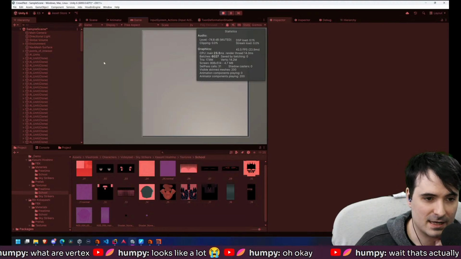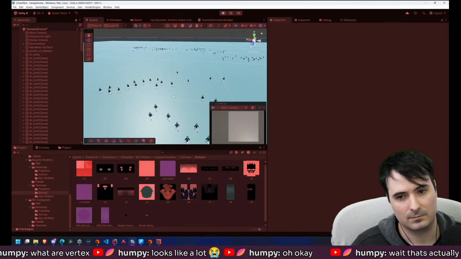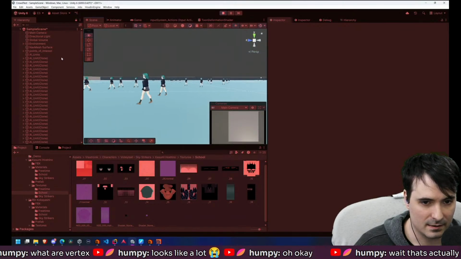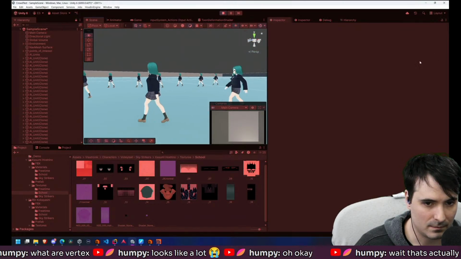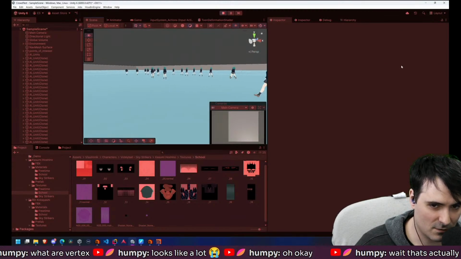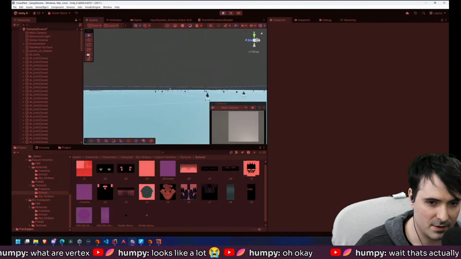And the bottleneck comes down to the bones. So it's the animations that have caused the problem. But all of these don't have to have simulated bones, right? Because simulating bones is